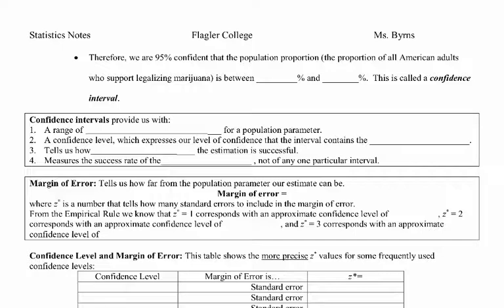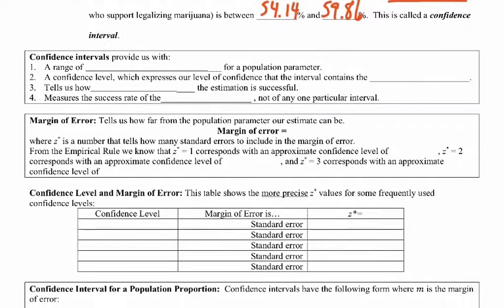Let's summarize this. We are 95% confident that the population proportion, or the proportion of all American adults who support legalizing marijuana, is somewhere between those boundary points, 54.14% and 59.86%. So this is our confidence interval. So it gives us a range of plausible values for what we think the real population might be. So confidence intervals provide us with a range of plausible values